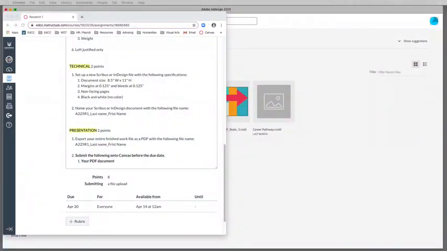Hello. Today we're going to create a new document using Adobe InDesign. But first, I'd like to have the assignment sheet open so I can have the technical specifications on hand when setting this up. So we're looking at the project here. The technical specification for this is going to be